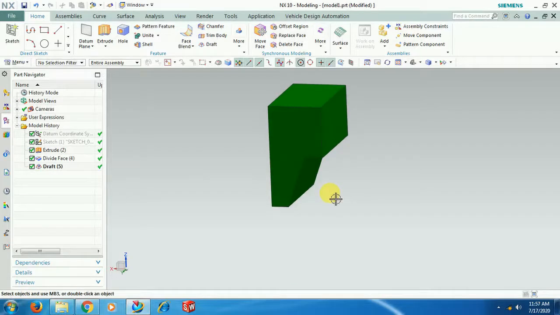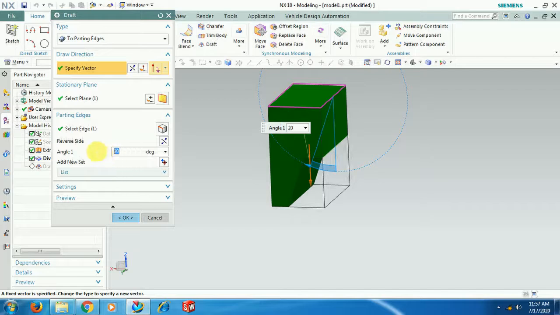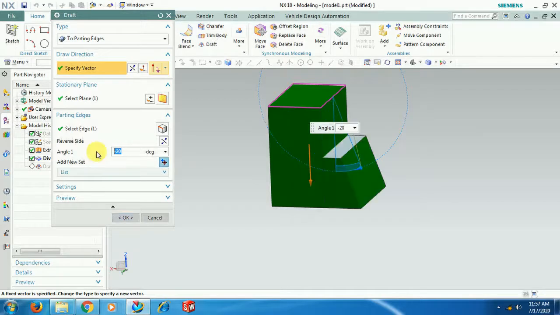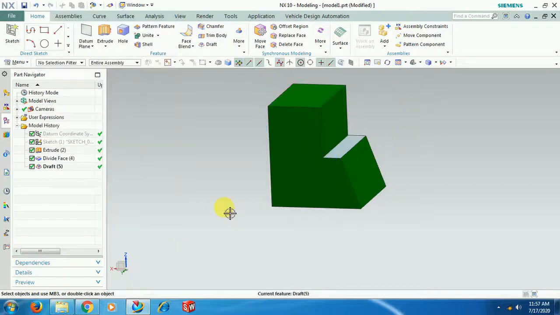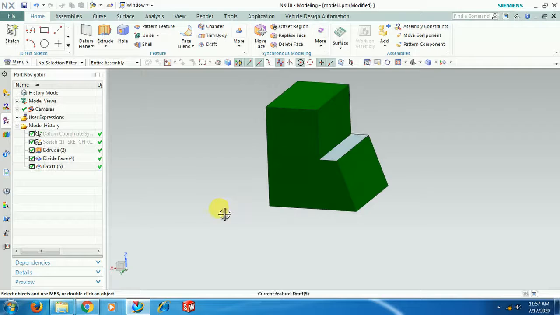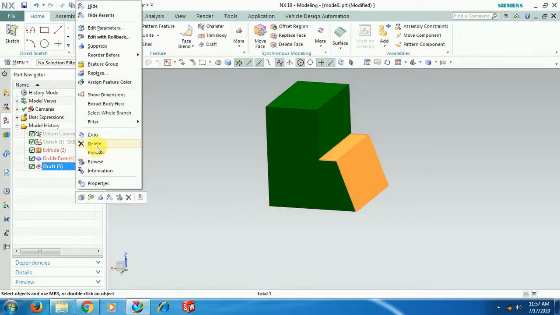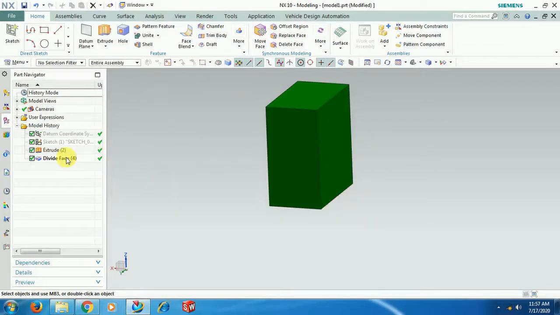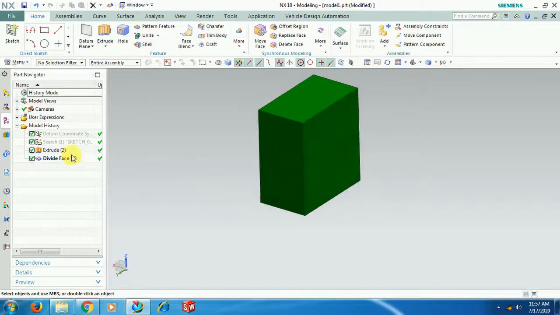See, now the fourth output in this is minus 20. See, like this you will get. Multiple outputs. Now I will show you some more outputs with this command only. See the output it generates. I delete this. Now what I do is, see, in the previous case we have divided this face.